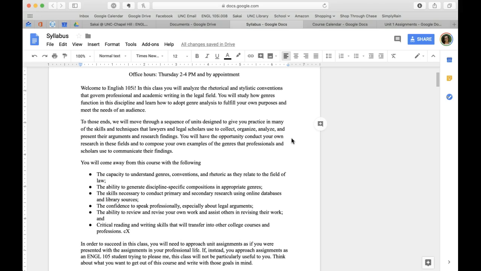That's my priority. So I have here a list of things that I'd like for you to get out of the course. You'll see that there's an emphasis on genre here. And the idea is that if you're able to understand a genre, look at a document and say, all right, what conventions are being used here? What are the values of the audience, the author, etc.? Then you really should be able to succeed writing any sort of thing that you're required to write, no matter what discipline you're writing in. So we're going to work on that.